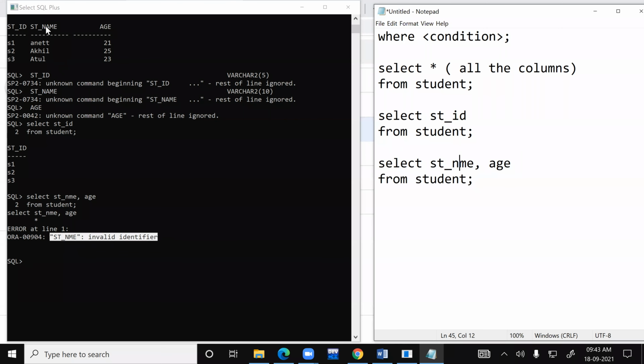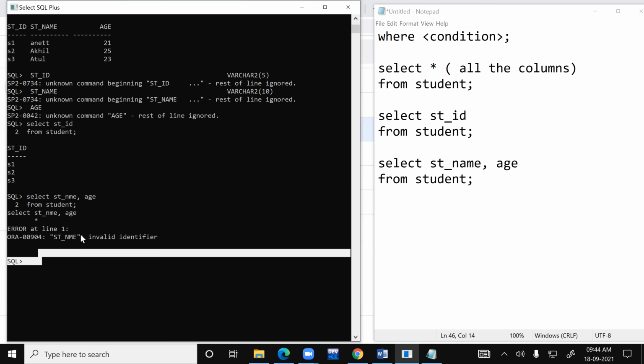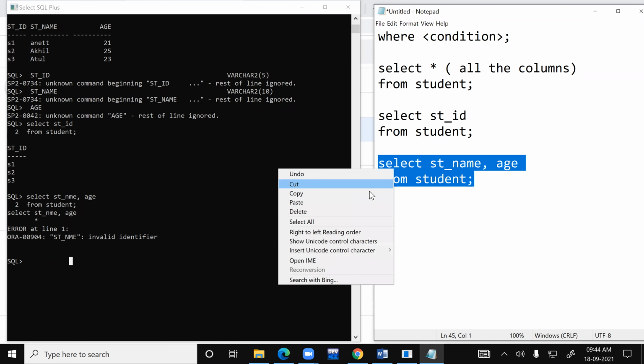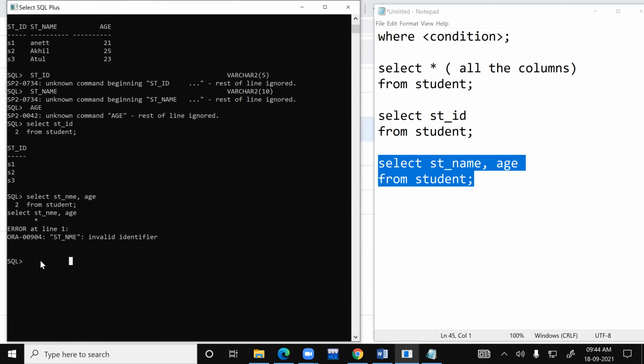Why? Because I created it as NAME. So you should give a bit of focus on all these kinds of things. Your column names should be exactly the same as how you created it. Let's copy this. I'll come over here. I get only the name and age.